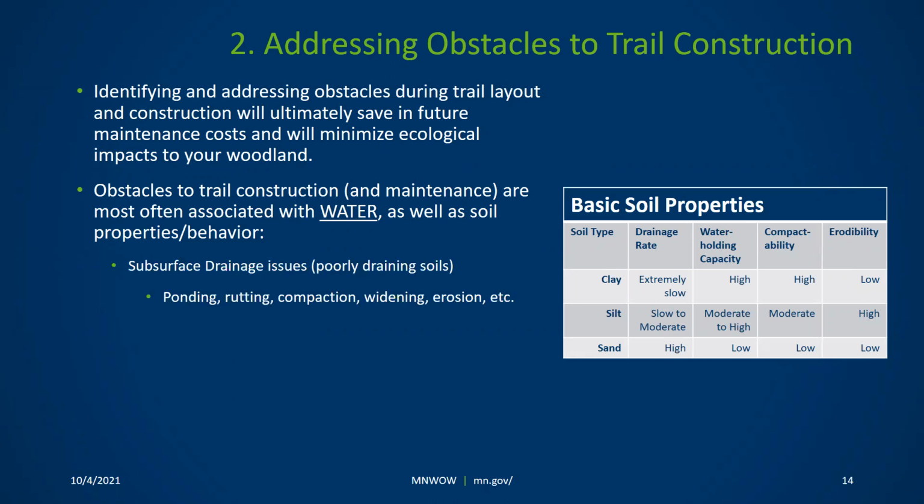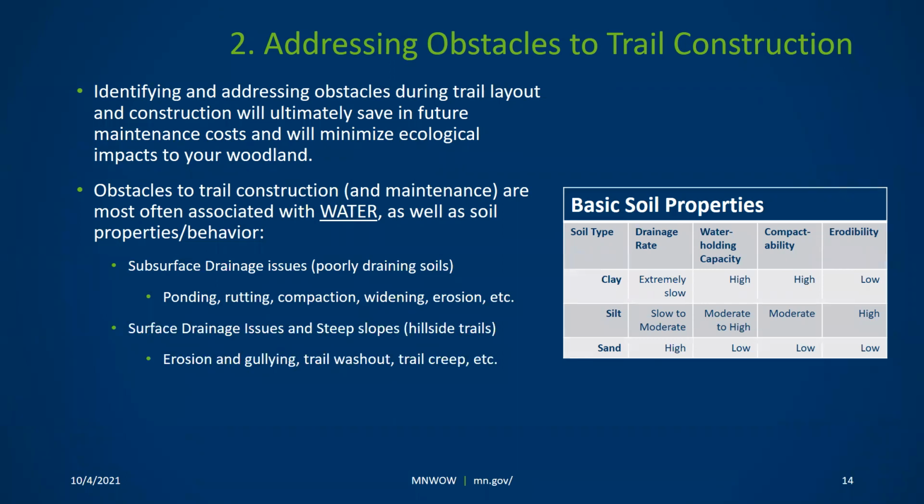So a few things, the obstacles I'm going to go through here involve subsurface drainage. Subsurface drainage issues are soils that drain poorly, often involving ponding, rutting, and compaction. That's usually what we see in those areas with poor subsurface drainage. We'll also look at some surface drainage issues more involved in steep slopes. And usually this is surface drainage issues, or water moving across or over the landscape, as opposed to subsurface drainage issues, which usually are involved in